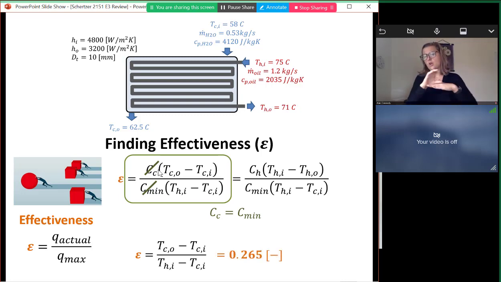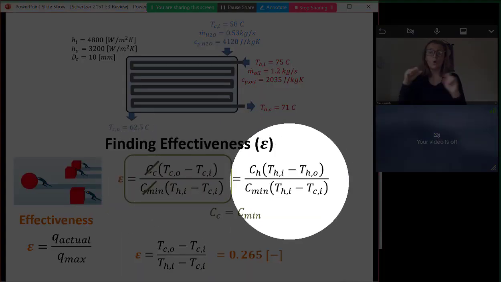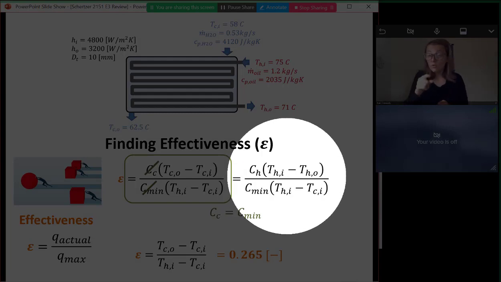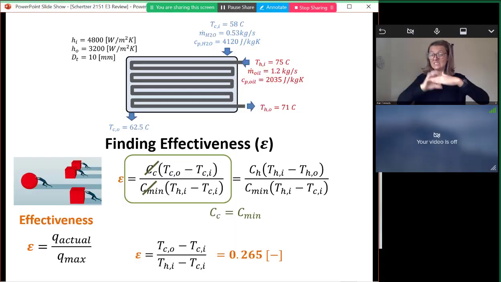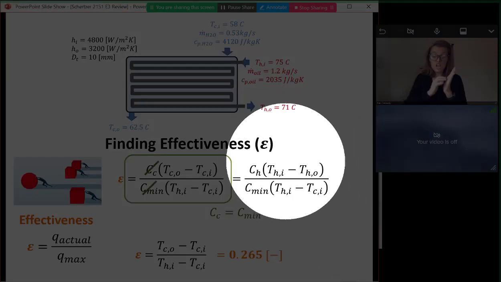But I can only do this because I took the extra time to find the outlet temperature of the cold side. So if you didn't do that, there's nothing wrong with using this equation. It's just your big C values won't cancel out. So there's more stuff to punch into your calculator. And as I've said multiple times, I'm really good at making mistakes when I punch stuff into my calculator. So both ways I'm punching more things into my calculator, right?